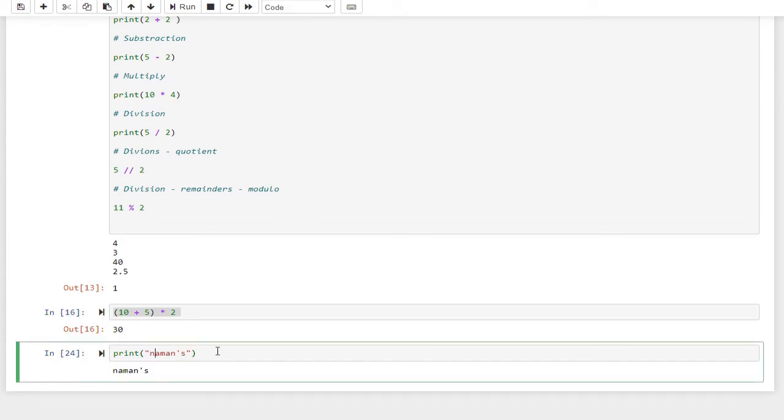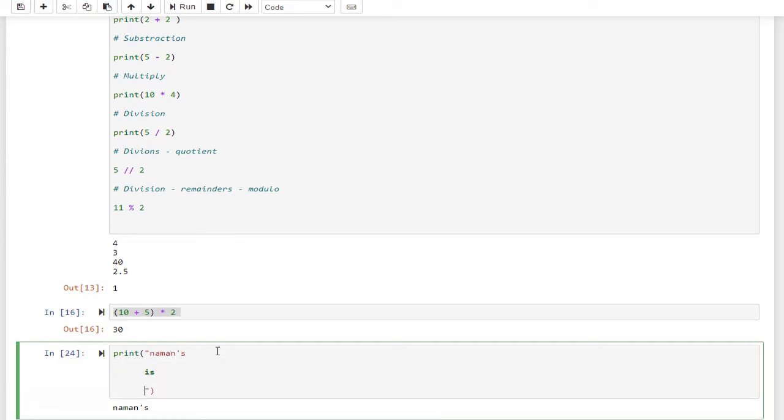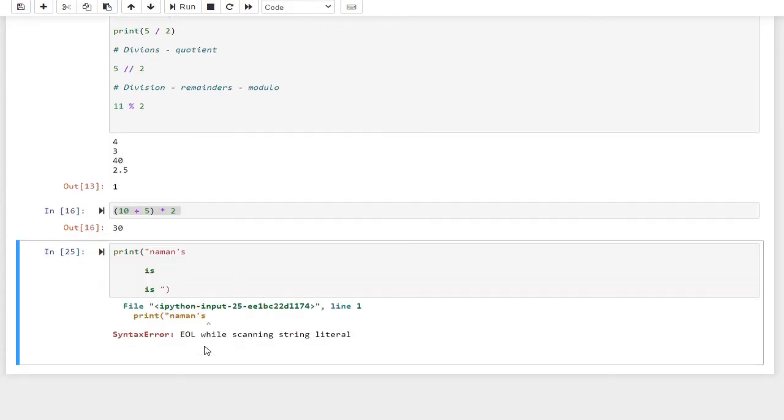Likewise, for example, if I want to write a multi-line string like this, now you can see I'm getting an error. So how can I solve this error? We have Python multi-line strings. Multi-line strings mean we can write strings in multiple lines.